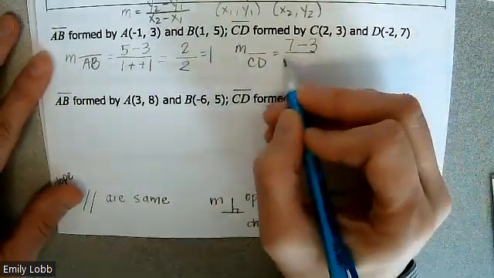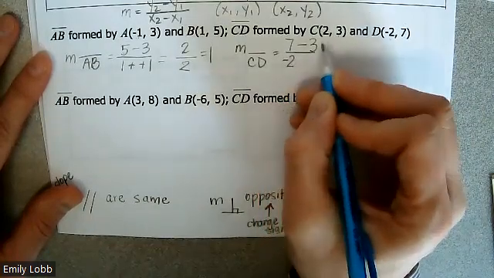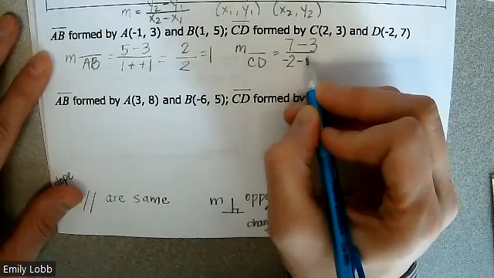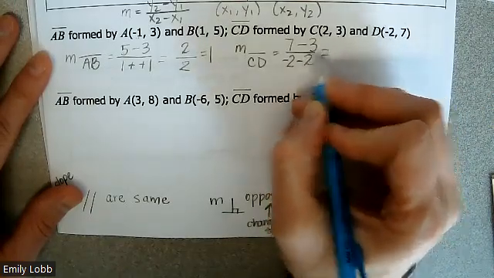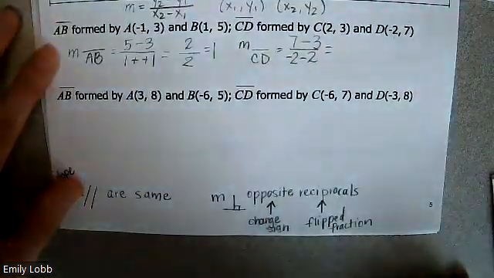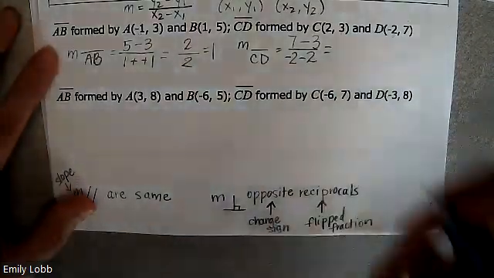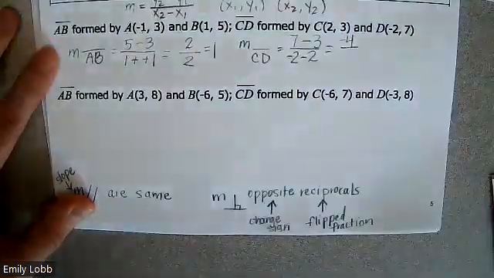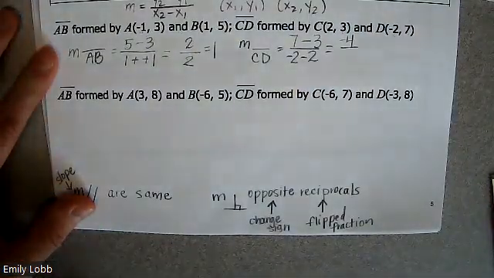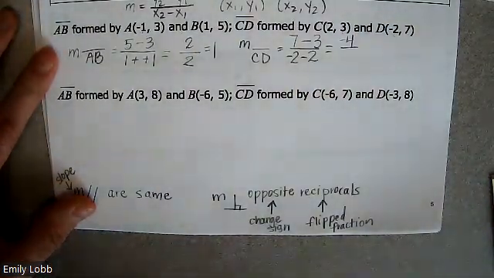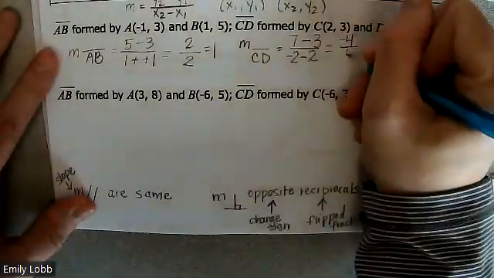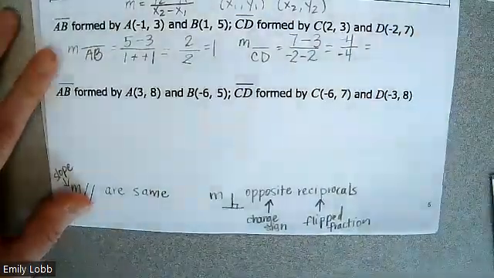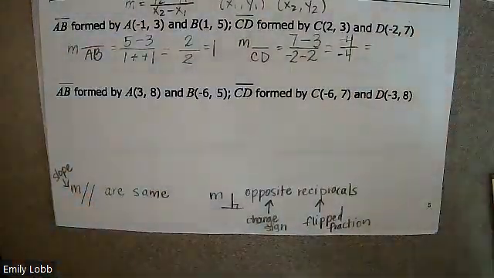So x2 is -2 minus x1, which is 2. So 7 minus 3 is -4. And -2 minus 2, we're getting more negative. Our signs are the same, so we find the sum. What's 2 and 2? 4, but it is negative, right? So -4 divided by -4 is